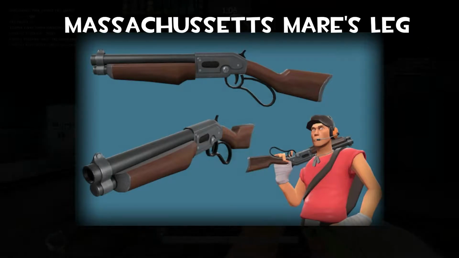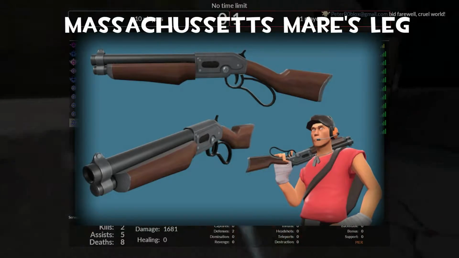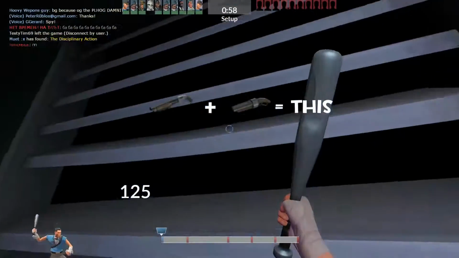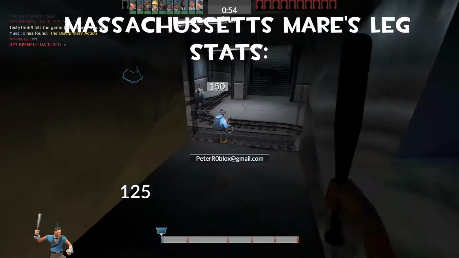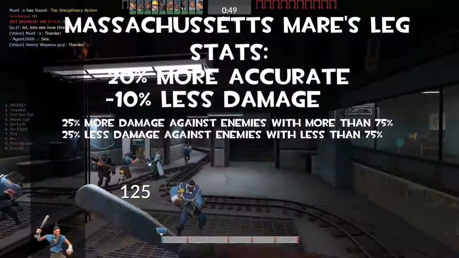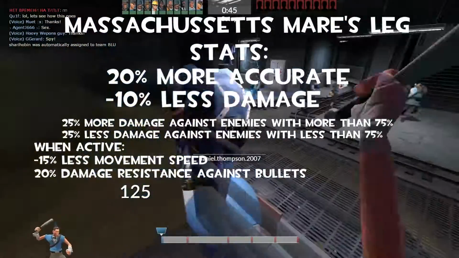First up is the Massachusetts Mare's Leg. And this is basically like a Scout shotgun. So it's like if you got the Scattergun and the shotgun, and you just put them together. So the stats on it are as follows: 20% more accurate, minus 10% damage, and then these two stats,